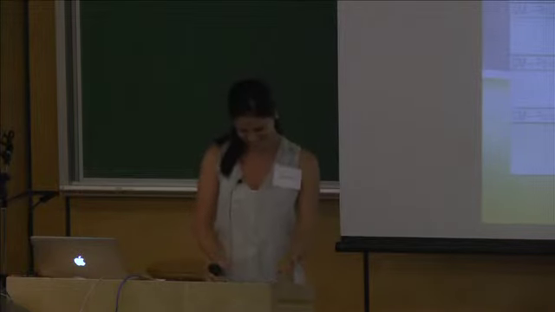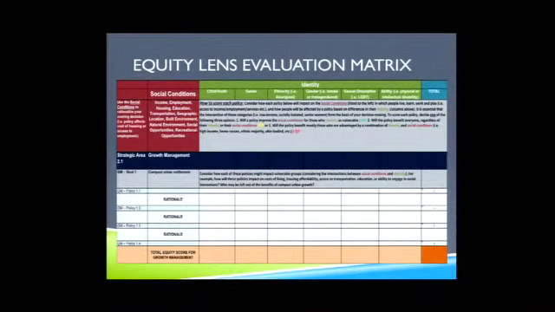So this is my deliverable. After highlighting all the inequities in the region, I needed to create an evaluation matrix for the sustainability strategy itself. So I developed this table using a combination of several different equity lens approaches and equity impact assessments. In a nutshell, the matrix requires the evaluator to consider how a policy across any sector will impact diverse population groups. So if a policy might inadvertently increase inequities by mostly benefiting those with a higher social position, then it